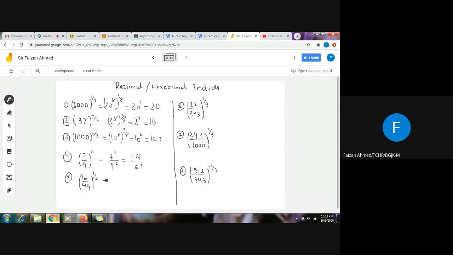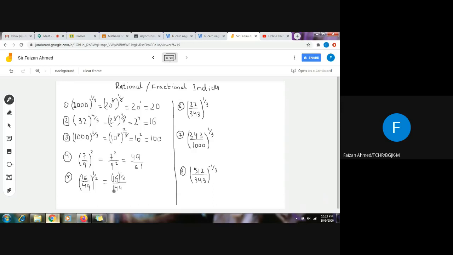So next question is again the same. I have to distribute the powers equally. So I will equally distribute the powers like this. 16 will get half as well, and 49 will get half as well. And I will use a bracket